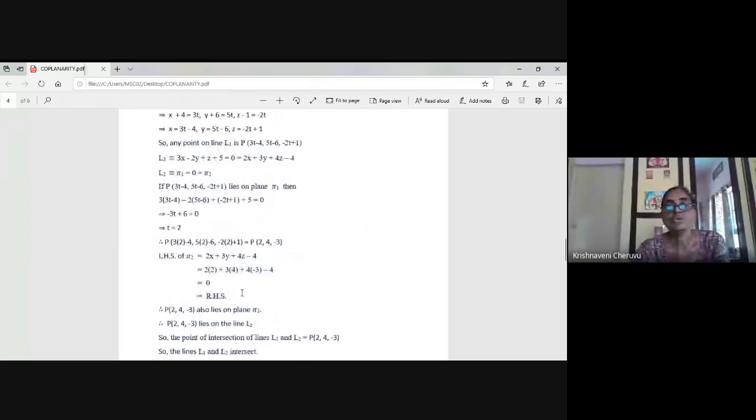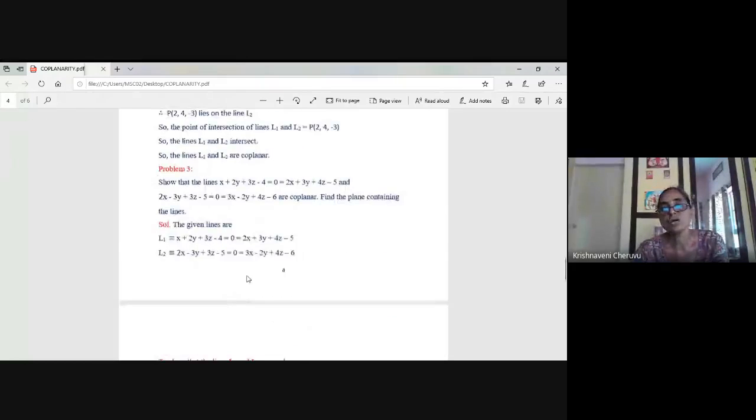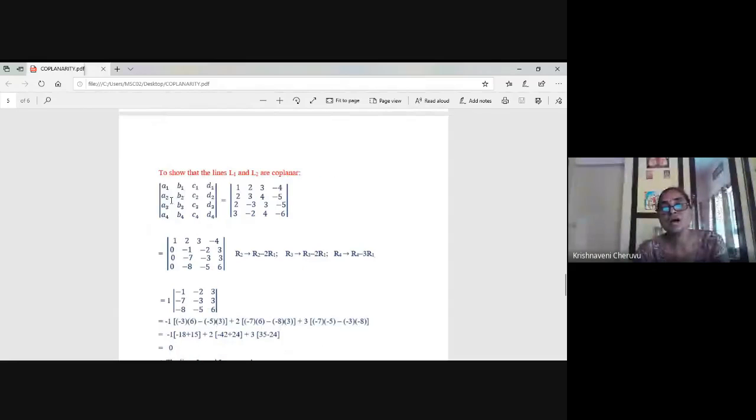So now what did I do here in the problem 3? I took the lines here. A1 means coefficient of x here. A1, B1, C1, D1. Here A2, B2, C2, D2. And from second line you will get A3, B3, C3, D3. And this A4, B4, C4, D4. Okay. So I just took the determinant of A1, B1, C1, D1, A2, B2, C2, D2, A3, B3, C3, D3,